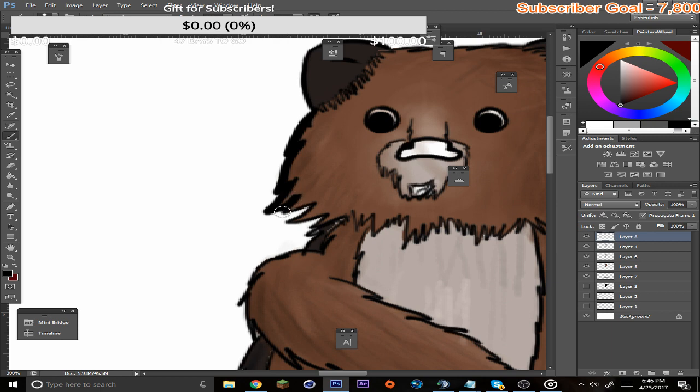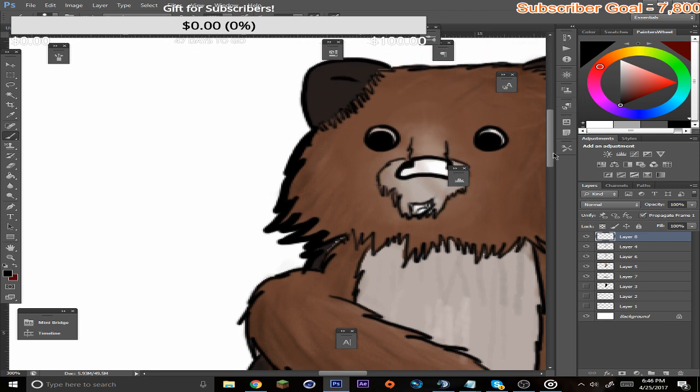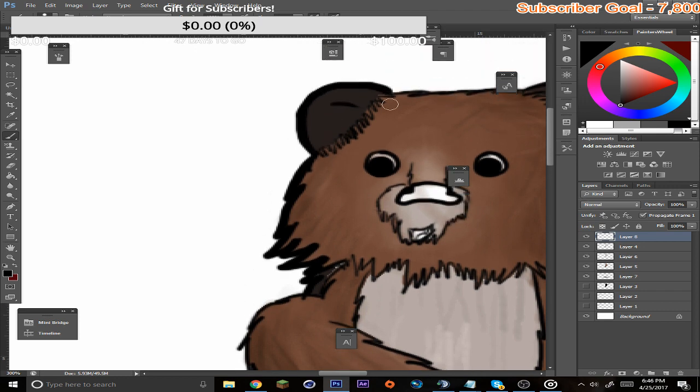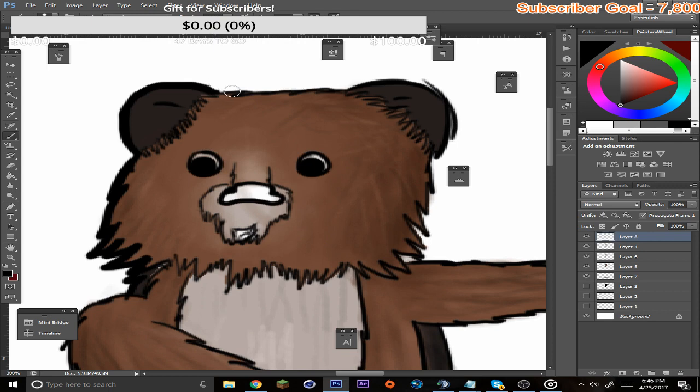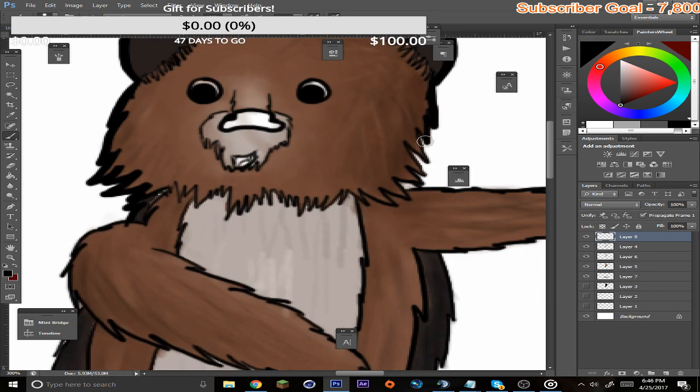I can make lines thicker in some areas than others, but most of the time I just make it very thick around the whole thing. Yeah, it's just really nice.